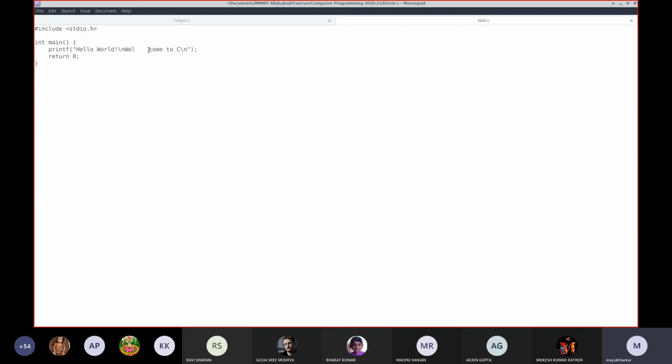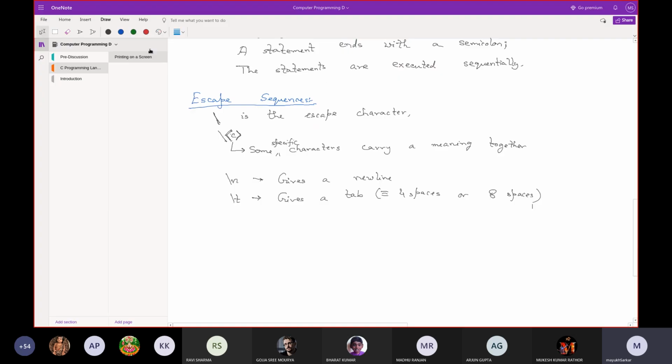Okay. Now the fact is, though the tab is equivalent to 4 spaces or 8 spaces depending upon the system, for the system itself, in the string /t, that means tab and space are different.